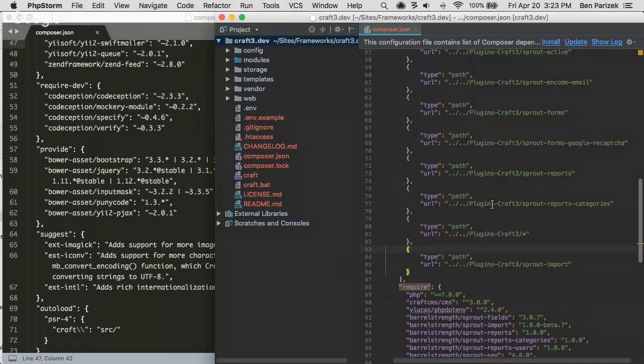Yeah, in my case, I have all the Craft 3 plugins we do in a particular folder, so it could be a handy way to include all of that. That's kind of a separate discussion. I've flip-flopped a few project structures trying to solve different problems. So. All right, so